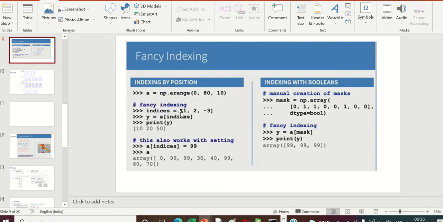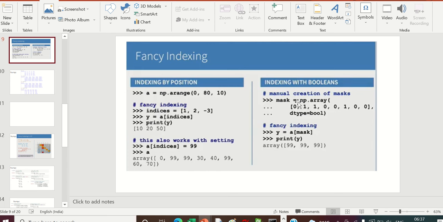Then indices is a simple list 1, 2, -3. And if you do a[indices], then you will get only those values 10, 20, 50. Then if you make a[indices] = 99, wherever the indices 1, 2, -3 were there, that will be replaced by 99.